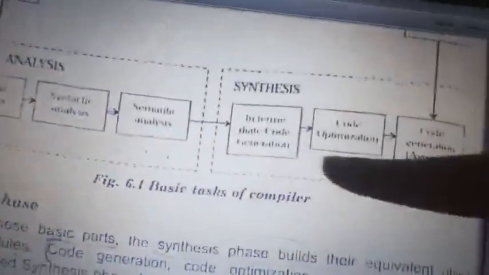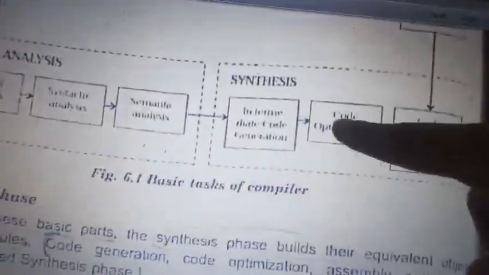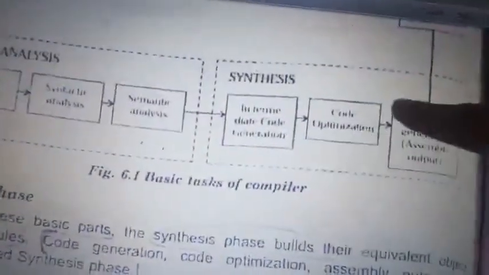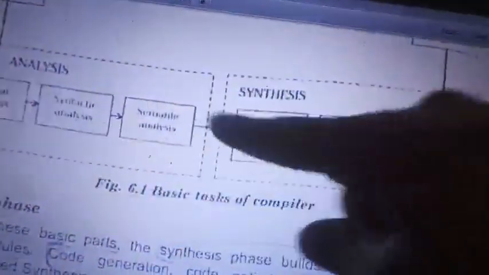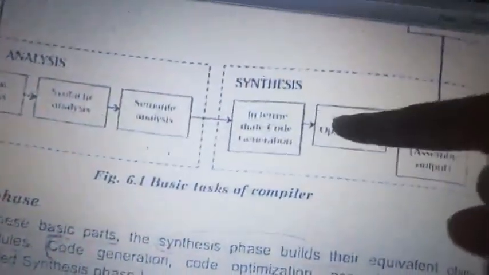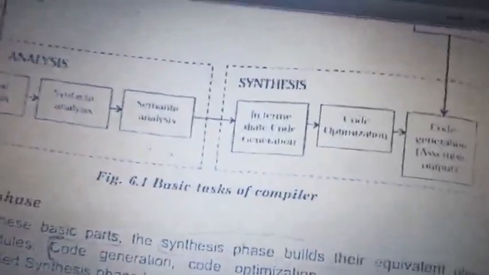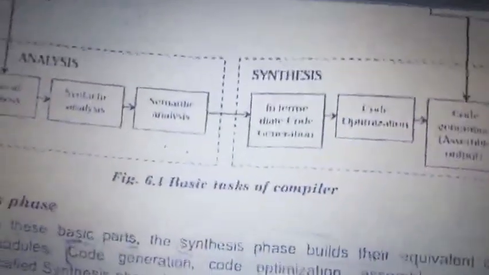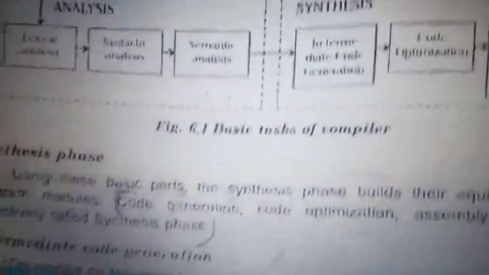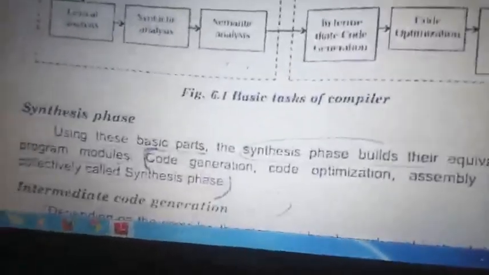Code optimization works in 2 phases: one is machine dependent and the other is machine independent. So here 1, 2, 3, 4 work in 2 phases, then 4, 5, 6, and this is 7. So the total compiler is of 7 phases. Clear? In the synthesis phase you have 3 different phases again, that is intermediate code generation, code